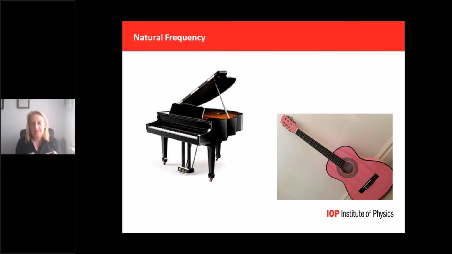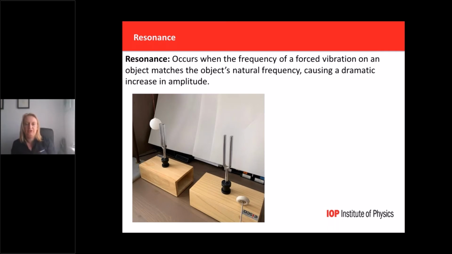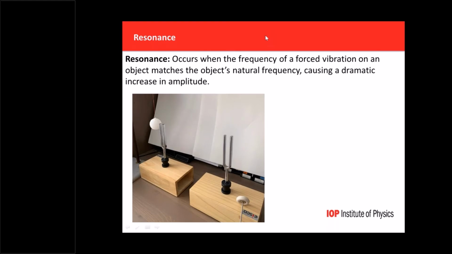Now, thinking about how this applies to resonance: resonance is a phenomenon which occurs when the frequency of a forced vibration on an object matches the natural frequency, and it causes a dramatic increase in amplitude. So what I'm going to attempt to do now is